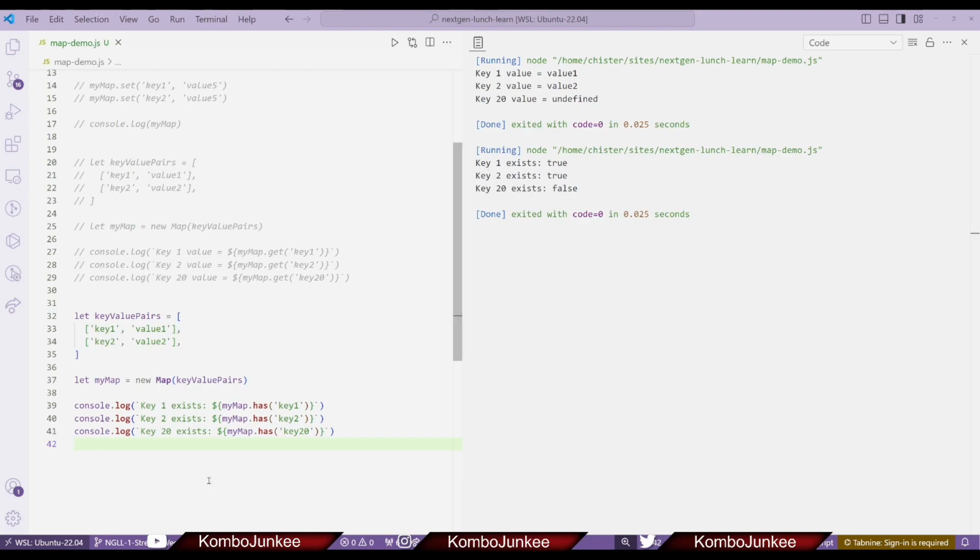So key 1 exists, does, true. Key 2 does exist as well, but key 3 doesn't exist. So instead of undefined, we get the boolean false. And then we also have a delete method, which, as you can probably guess, removes items from the map object. So if we look at an example for that,